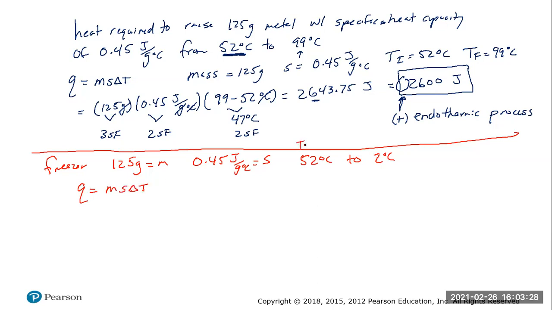Remember, 52 is where we're starting with our initial temperature. 2 is where we're ending. So we put our numbers in, and again, the 125 would be the same. The 0.45 would be the same. So it really is this change in temperature that's going to affect whether or not it's endothermic or exothermic. In this case, we actually stopped at 2 degrees Celsius when we kind of froze the metal, minus our initial, which was 52 degrees Celsius. And if we do that, we will end up with